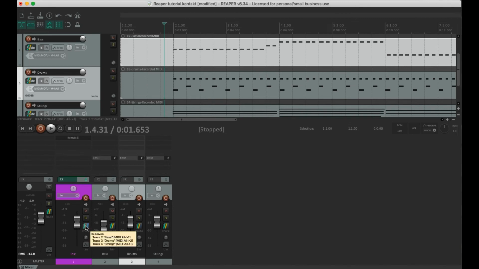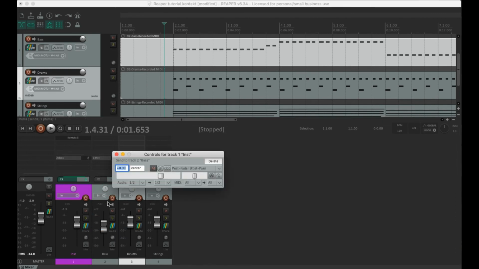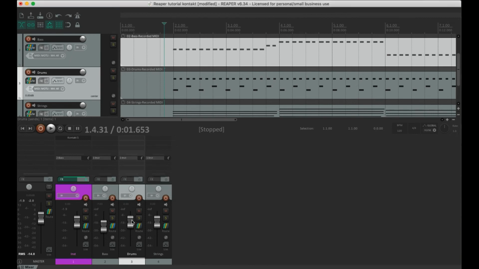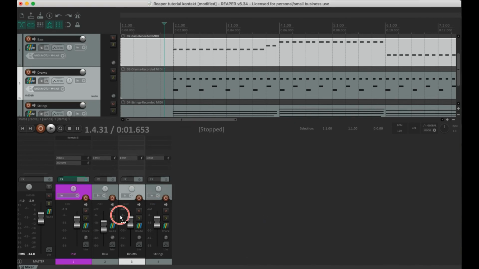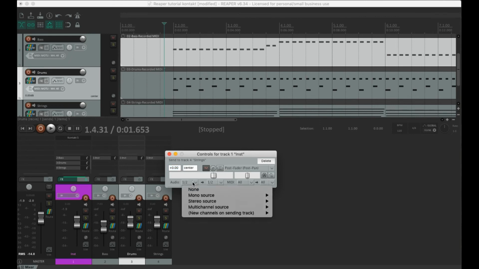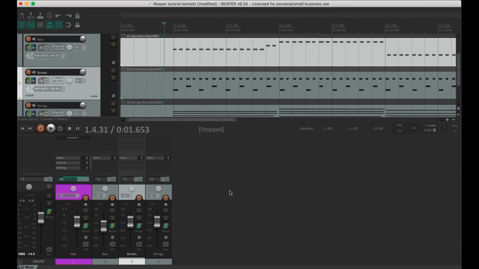So, quick key: hold down Command on a Mac or Control on a PC, and then drag the routing onto the instrument. So we're sending audio 1 and 2. That's fine. Next one to the drums, and then we're sending 3 and 4, stereo source 3 and 4. And then the next one, strings, go to audio, we're sending stereo source 5 and 6. And so now when I play it,